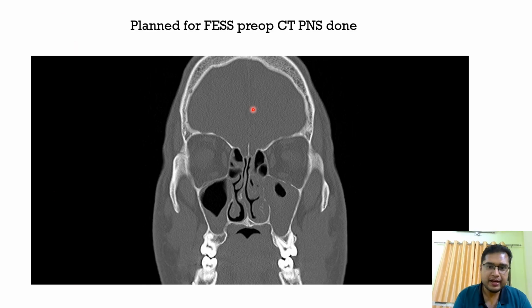So this is a CT PNS of a patient who's planned for FESS, and I have just kept this picture to discuss the preoperative checklist for a patient planned for FESS. Here we can see that there is a complete blockage of the left osteomeatal complex and chronic sinusitis on the left side. On the right side, there is mild sinusitis with thickening of the